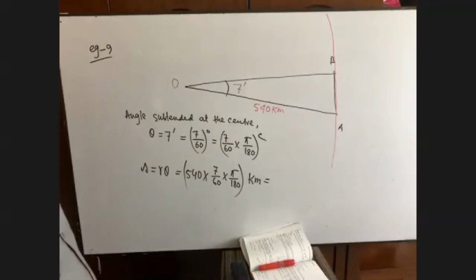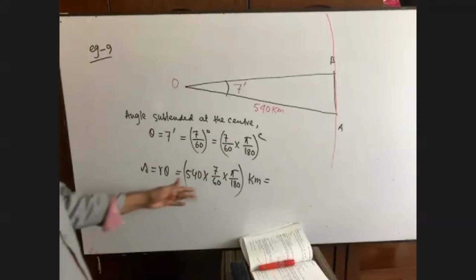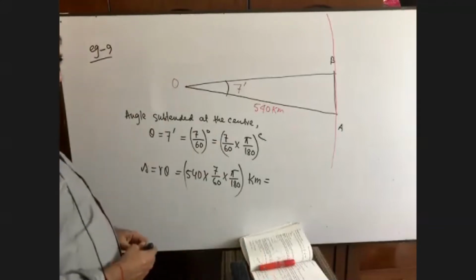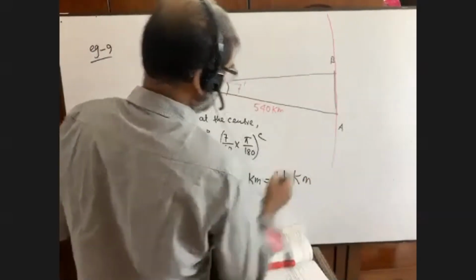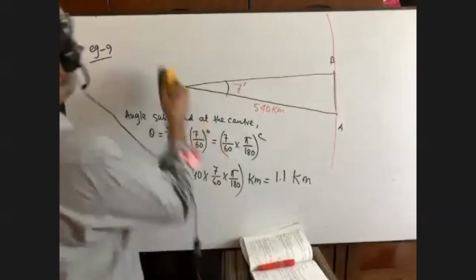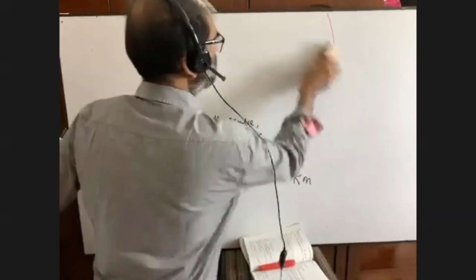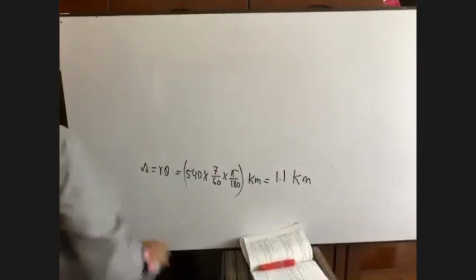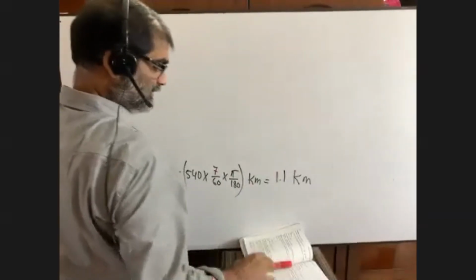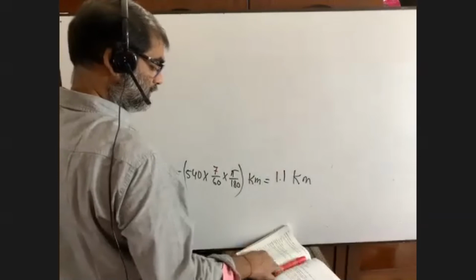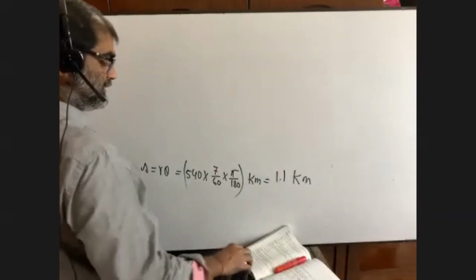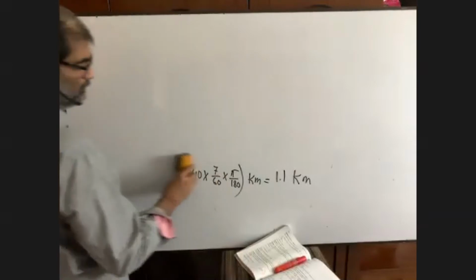Actually, you don't have a calculator, right? And you don't know how to calculate it. It's really very, very alarming for me. I'm not feeling good about this. 1.1 kilometers approximately. It's very, very bad. The way you are reading, you don't cooperate. Education is the interaction between the teachers, students, and guardians. Here, guardians and teachers interact, but they interact for the students, but students don't interact.